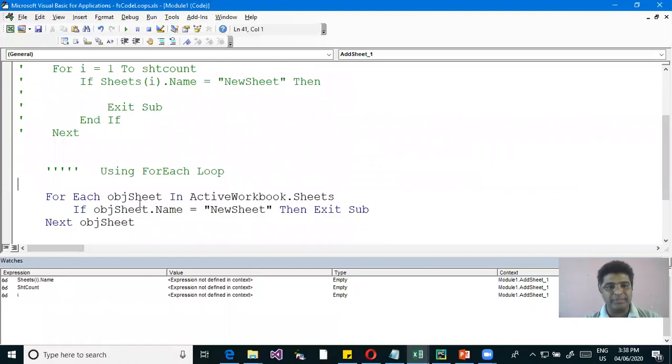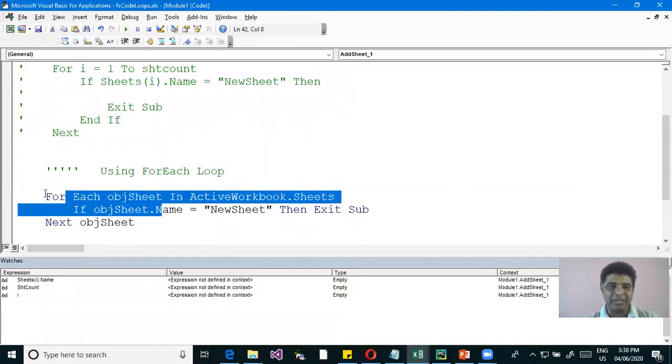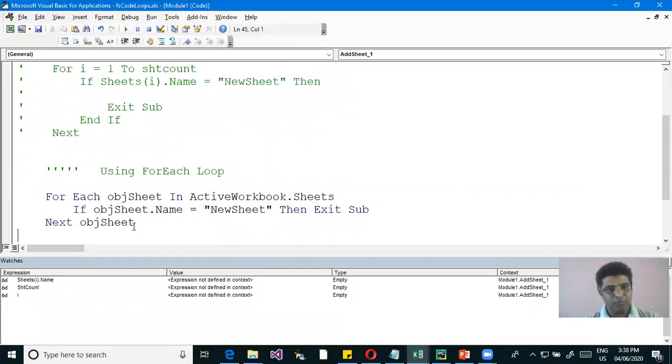So the code is also very simple in this case, in the case of the for each loop compared to the for loops. Okay. The second scenario I mentioned was